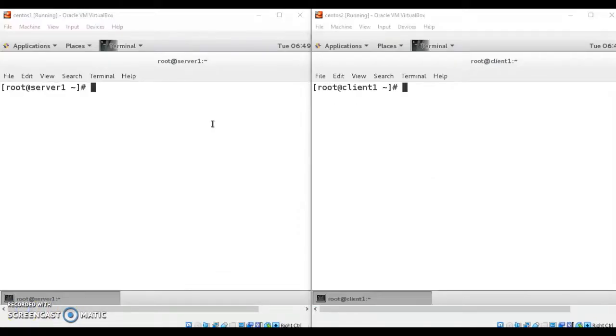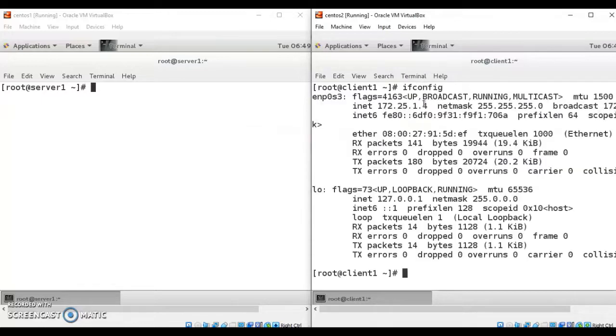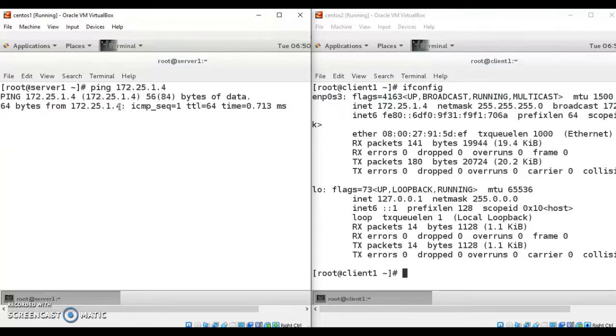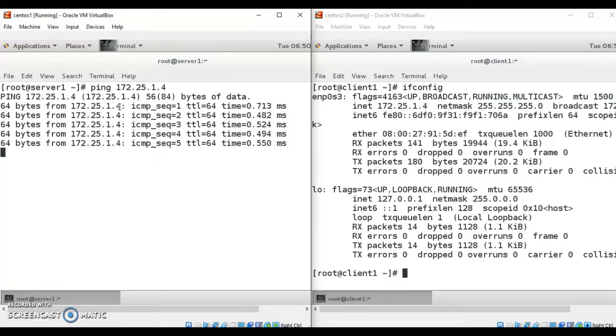Now once you bring these machines into the same IP range, let us try to ping these two machines. For that, again display the IP address by using ifconfig and try to ping this machine from your server machine. Use the command ping and specify the IP address 172.25.1.4. As you can see, you are receiving the ICMP messages.